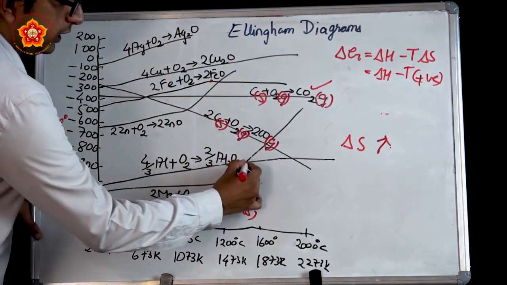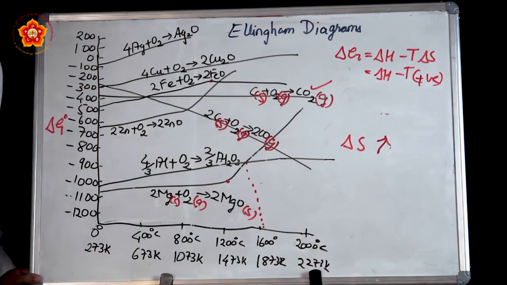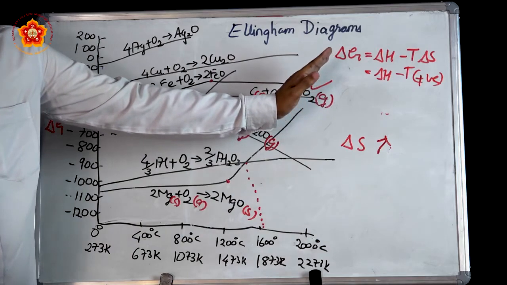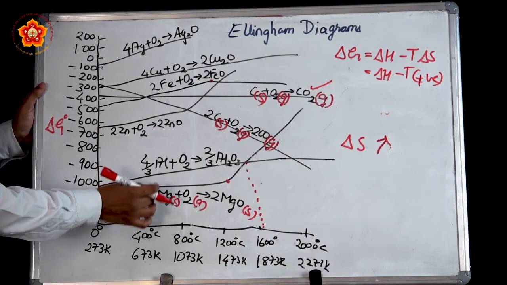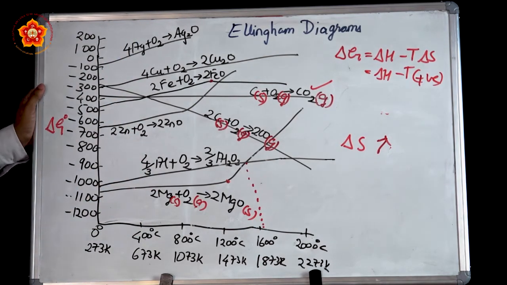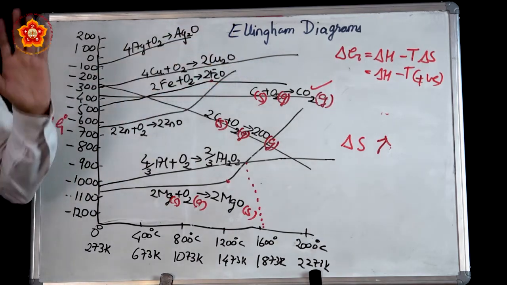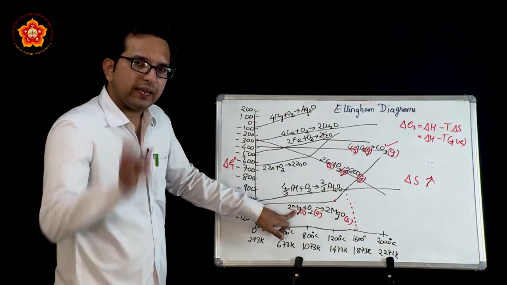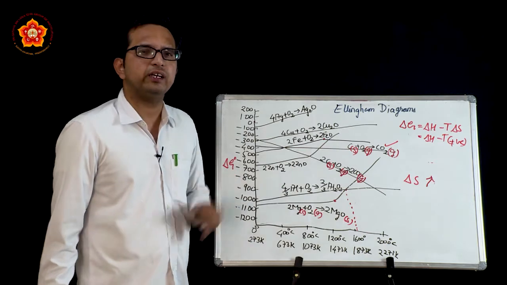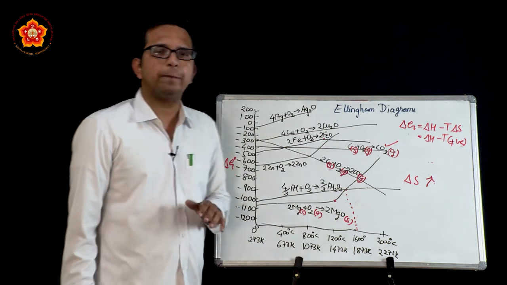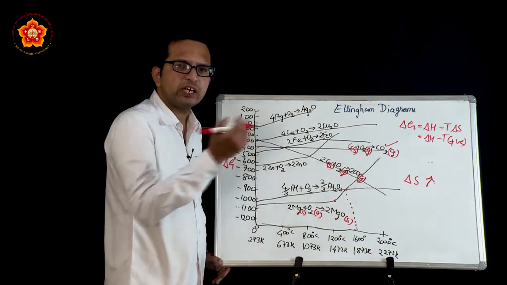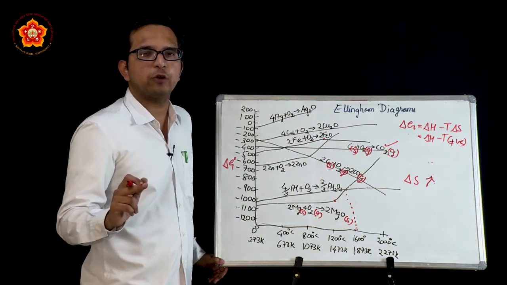But this process is applicable only up to this temperature, because after this temperature you see the magnesium line going in the higher direction. So what you can understand is that those metal oxides or metals which are below can act as a reducing agent for upper metal oxides to reduce easily. Therefore, magnesium can help in the reduction of aluminum oxide to aluminum. This is a factor which we see theoretically, but practically it is not employed because it becomes a costly process. So for the extraction of aluminum, we rather go for electrochemical processes,